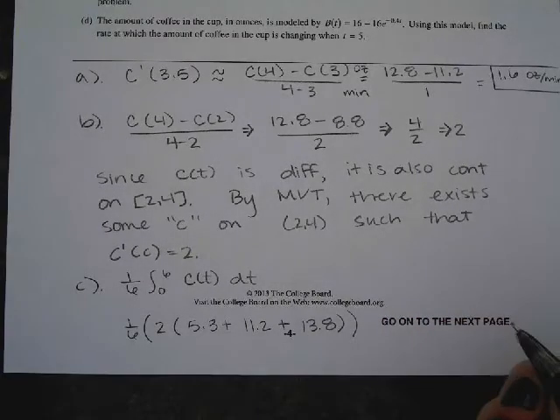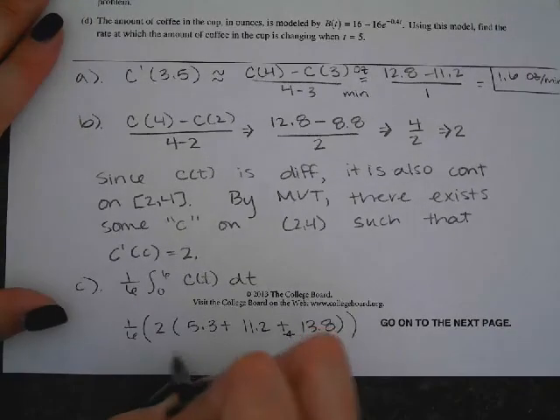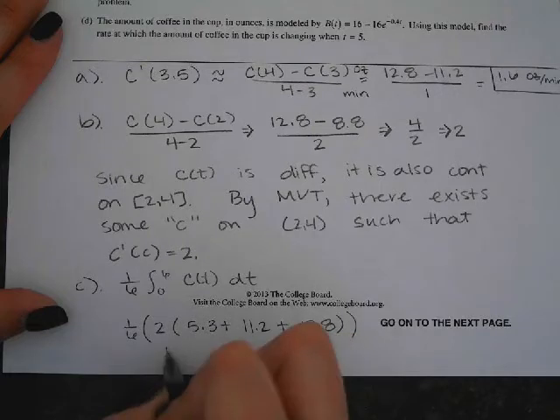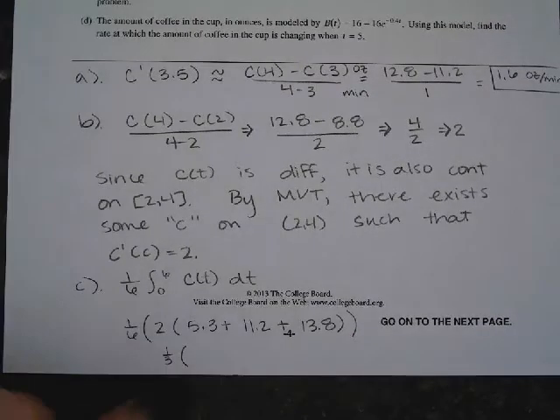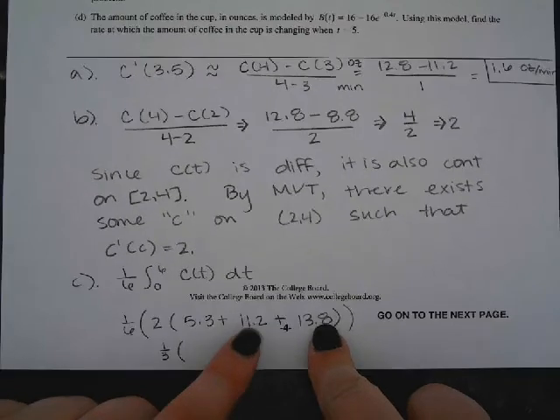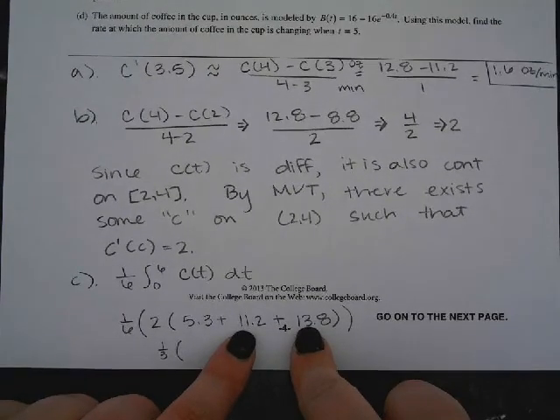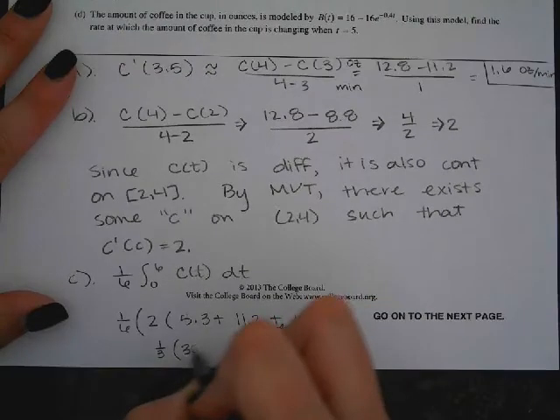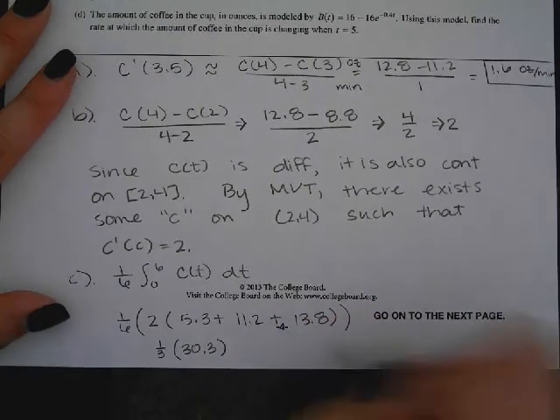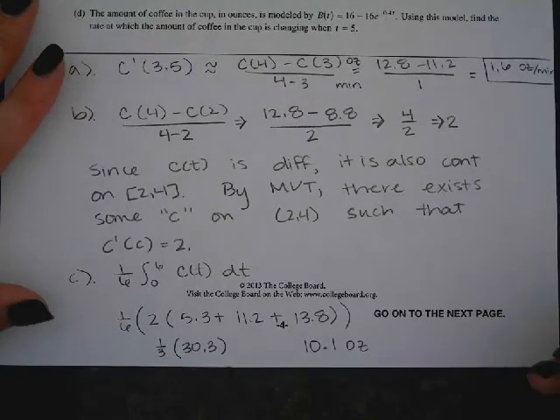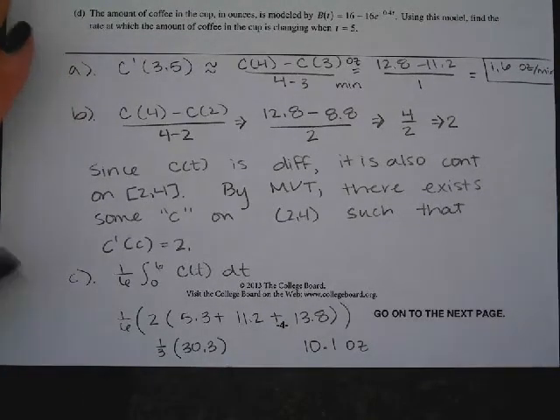Okay, so we've got 1/3 times 0.2 and 0.8, that's 1. So 11 and 13 is 24, 25, 30.3, divided by 1/3, so we've got 10.1 ounces. So the average amount of coffee in the cup